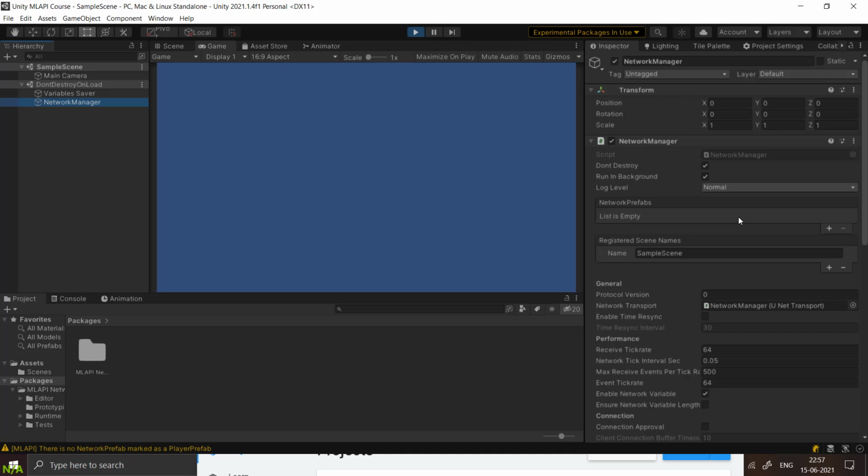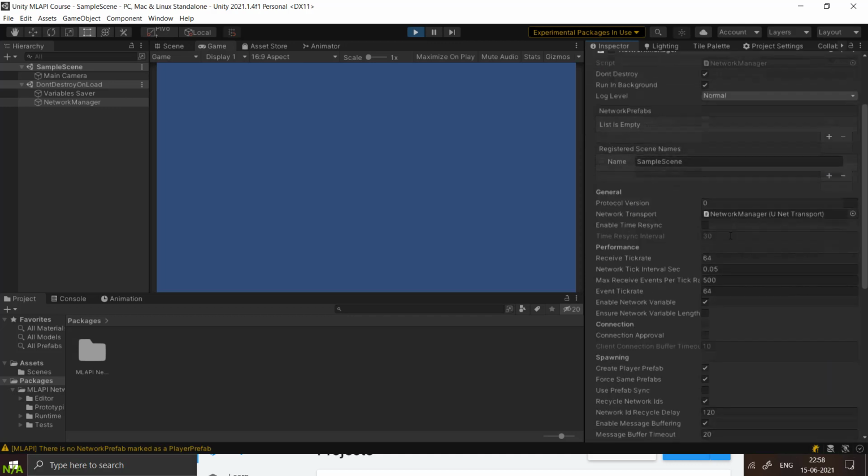And any network object has to be a prefab, and it has to be declared in the network prefab. So that is all about this. You can just drag and drop here. And what is the default player prefab? We will get to that in the next video when we actually spawn our player. But the default player prefab is a default prefab which the API will automatically spawn for you the moment you join a game. If you are a client, it will automatically spawn for you.